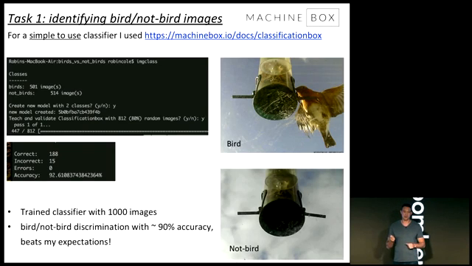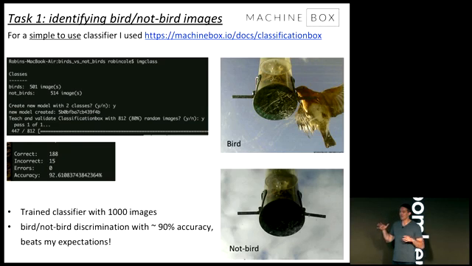It's a really simple to use machine learning in a box, they call it, by this company called Machinebox. And those guys are actually based in London as well. I think the whole thing's written in Go, actually. But basically, there's different machine learning models, and they run inside a Docker container, and they expose the model via REST API. So this is everything that I needed to get started integrating this into my project.